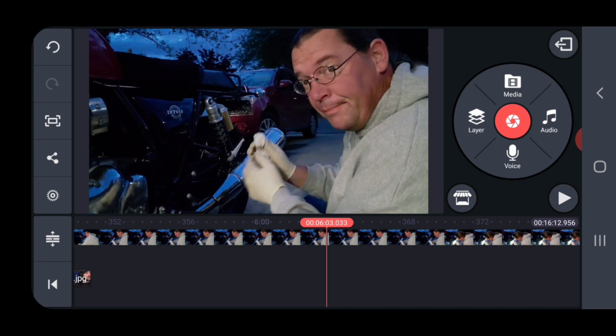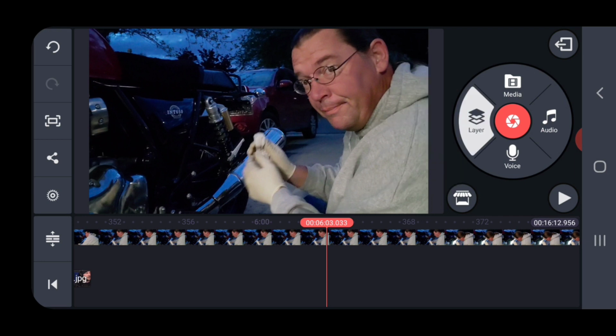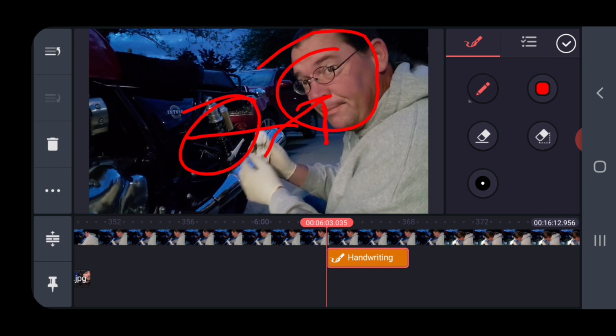Now I'm also going to show you, on your layer, you can use this handwriting feature, and I use it a lot of the time to make arrows. I think, nope, it's on handwriting. You can draw circles around things, make an arrow. You can also, if I'm not mistaken, change from the pen to an actual arrow,